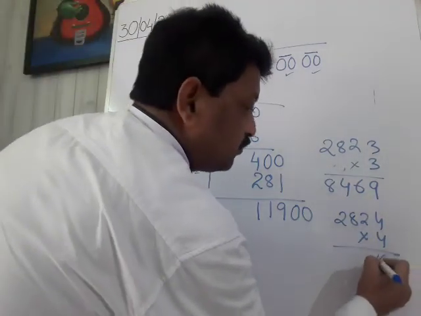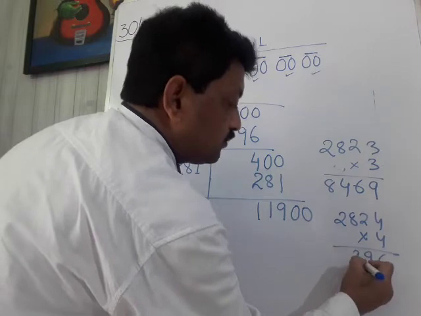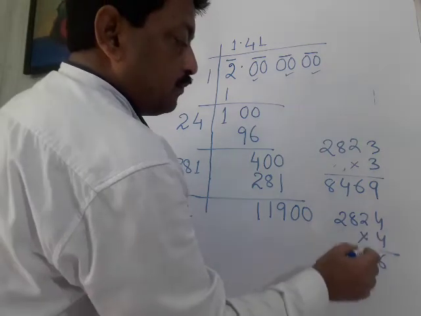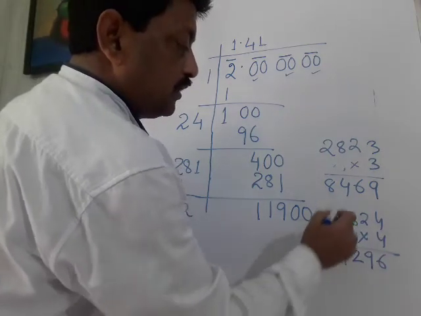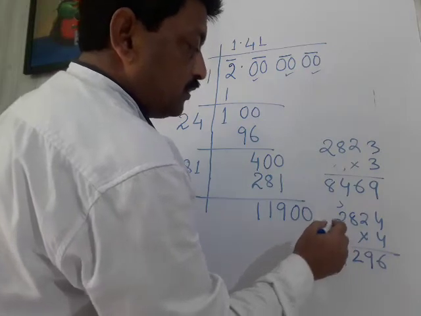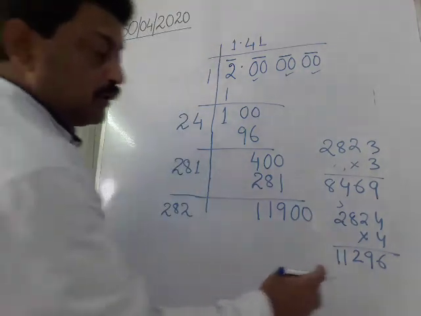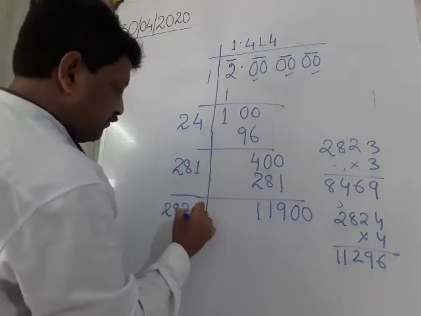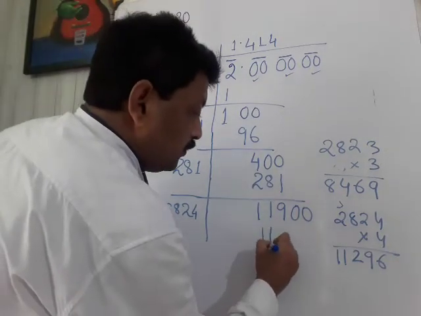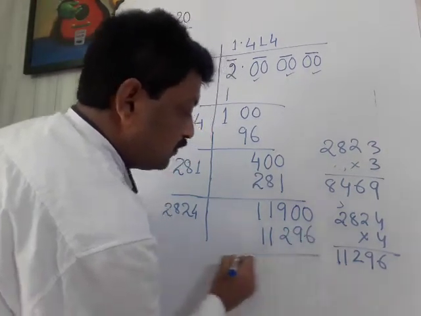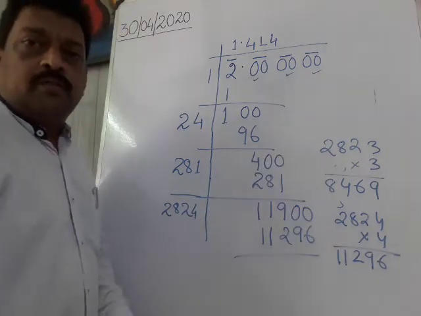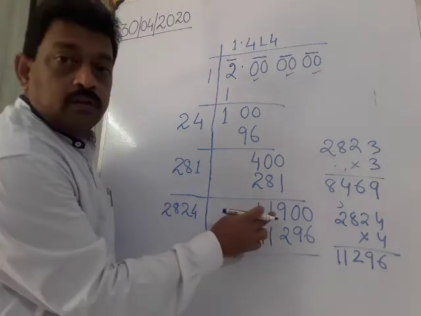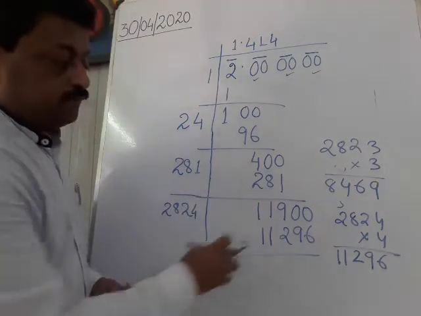So it is 4 4s are 16, balance 1, 8 plus 1, 9, 32, balance 3, 4, 8 is 32, 2 is 8 plus 3, 11. So here I have to write 4 and 4 here. Actually, this is a trial and error method. You have to try for some numbers and check how much closer you can go near the remainder.